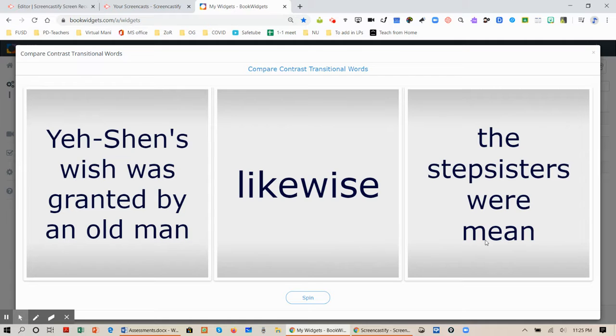I mean, they don't always make sense, but the idea here is to make sure that the students know that, for example, likewise is a word that we would use. It's a transitional word we would use to find the similarity between those two. For example, the words in the card in place one, two words in the card